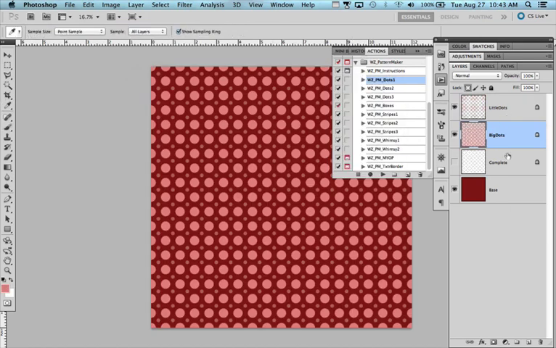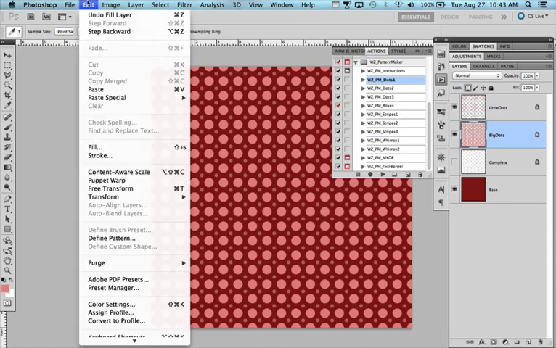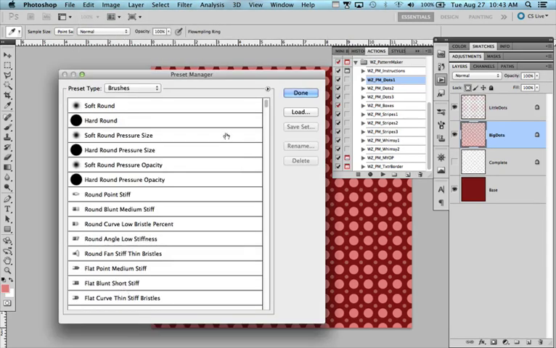So that's how the pattern actions are all going to work. For each of these, you're going to end up with your base layer, your complete layer, and then your individual layers for changing out more than one section of it at a time. The other thing the action will do, if you go into Edit, Preset Manager, under your Patterns dropdown,